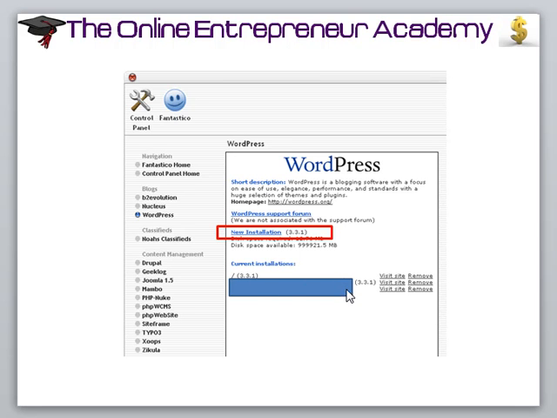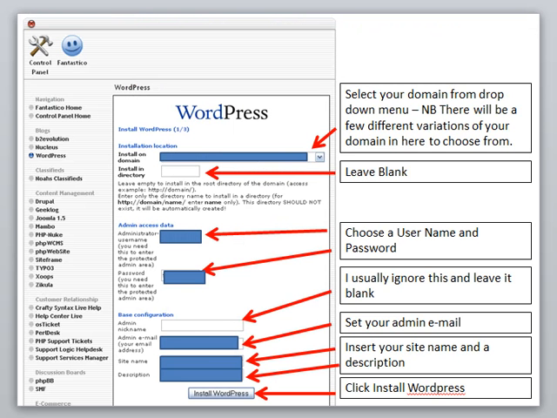If this is the first time you've ever used it, there won't be any information here. I have used WordPress on this particular Hostgator account before, so there is information there. And what you're looking for is this new installation. So just click on new installation and then it takes you to a page with a lot of fields that